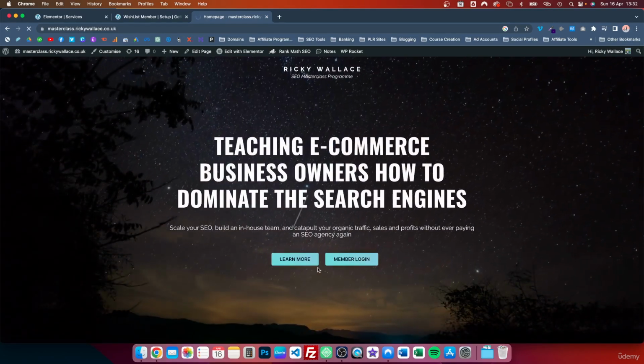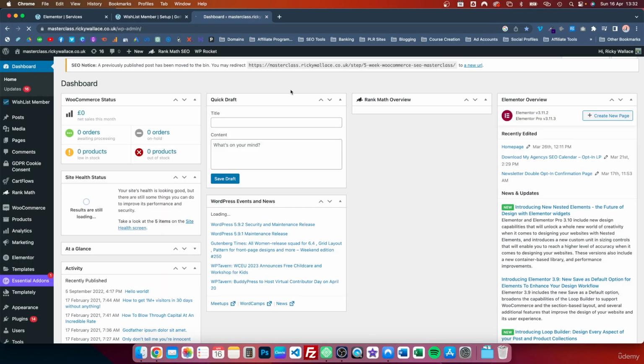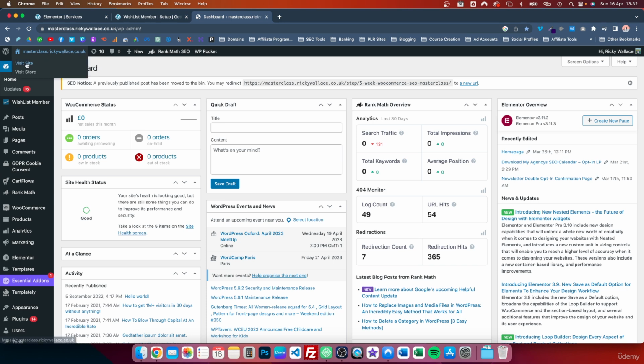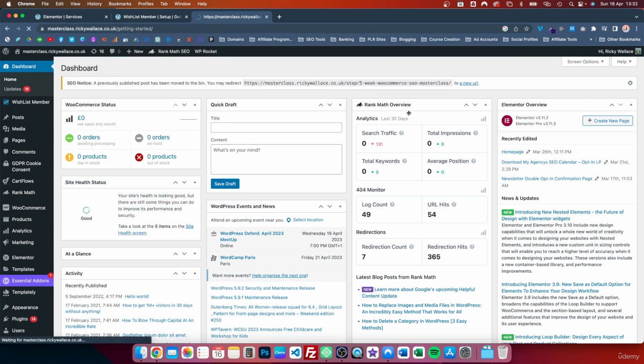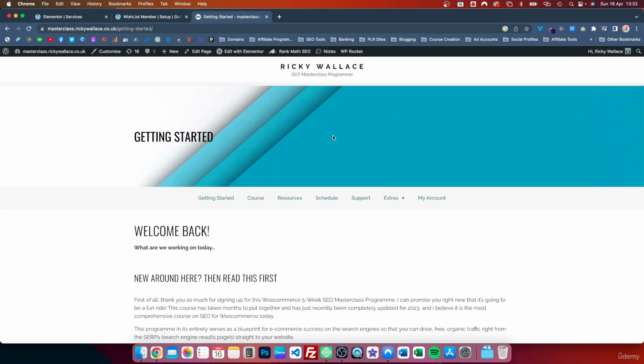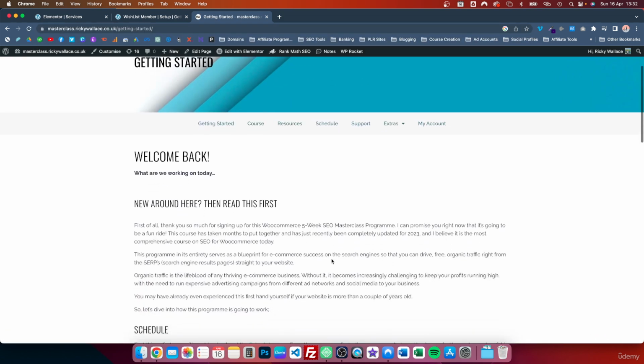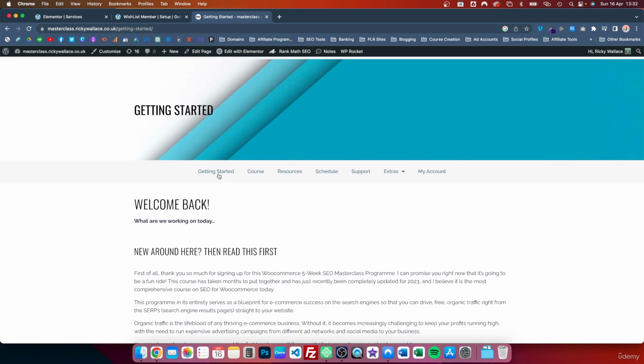Of course, once our members log in, at the minute they don't see a heading at all. In fact, if I log in, it's going to log into my admin. So let's just come along to Getting Started, which is the dashboard. So once they have paid, they can come along and land on a page like this. And all this is